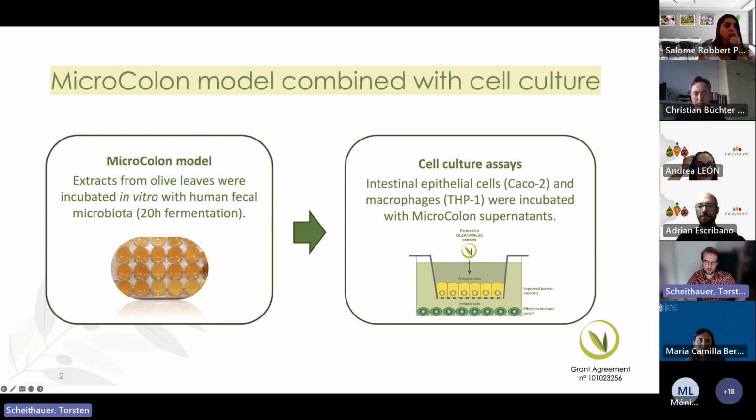So we usually use 96 well plates, or if we do other analysis, then we use smaller formats, but usually it's a high throughput assay. So you can use a lot of different extracts, for example, from the OLEAF leaves, and screen them and see how the microbiota composition is developing over this incubation period, but also which kind of metabolites the microbiota is